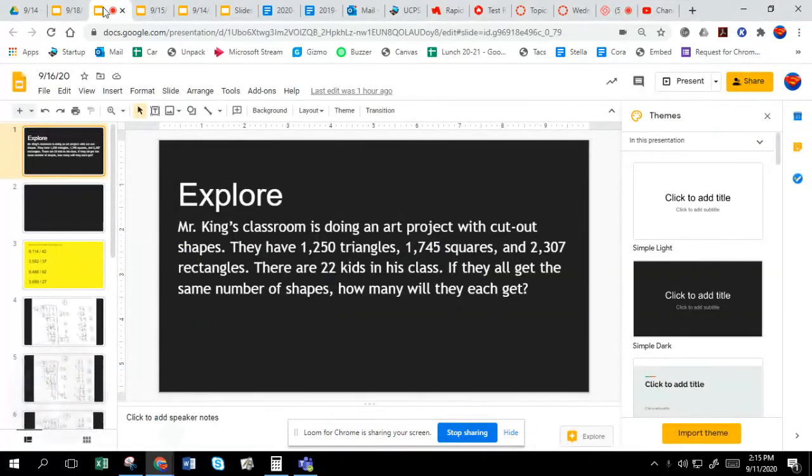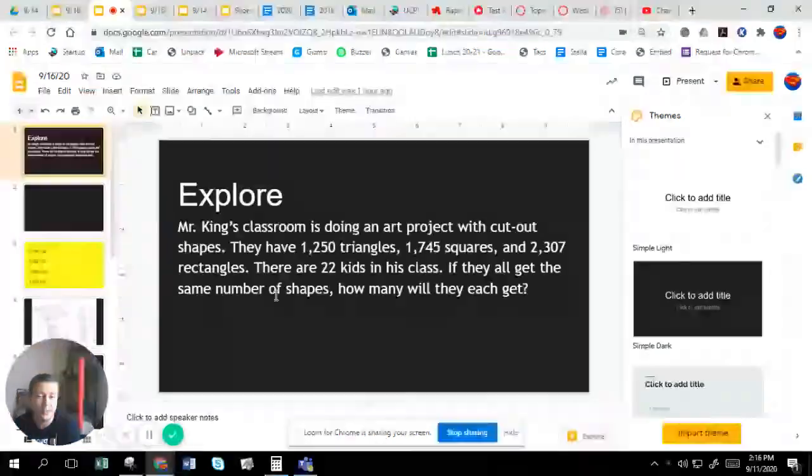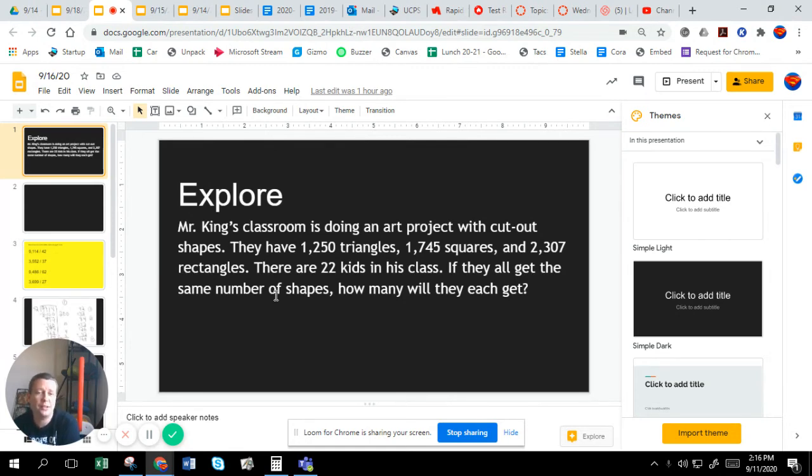Hey guys, all right, so we've got a new Explorer problem we're going to take a look at today. It says Mr. King's classroom is doing an art project with cutout shapes. They have 1,250 triangles, 1,745 squares, and 2,307 rectangles. Now there's 22 kids in this class, and if they all get the same number of shapes, how many will